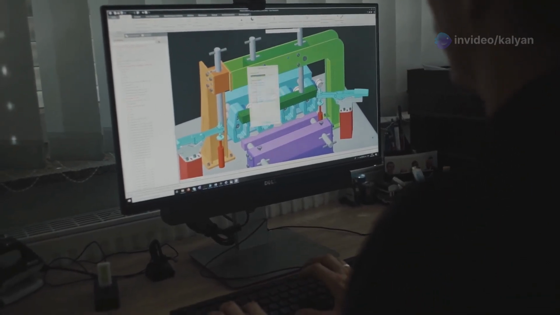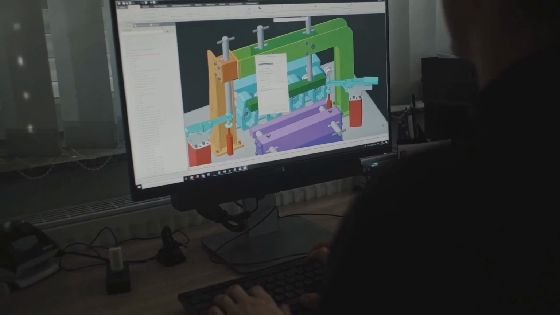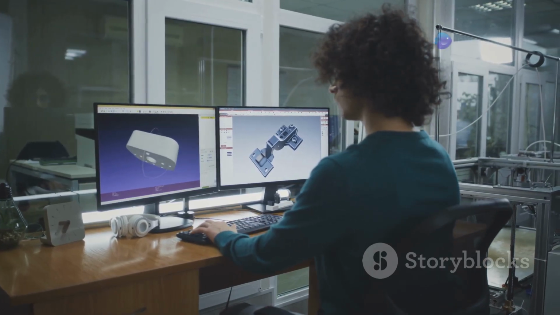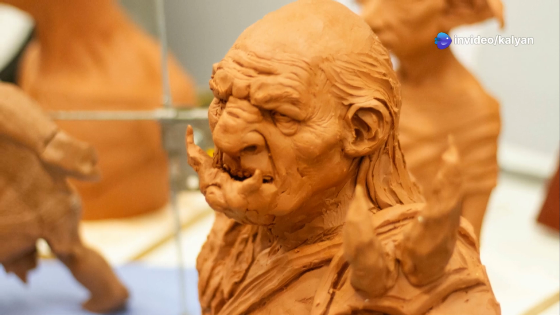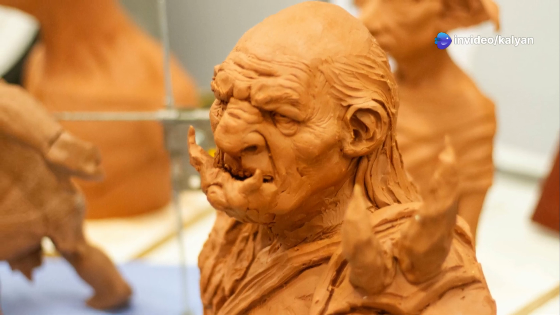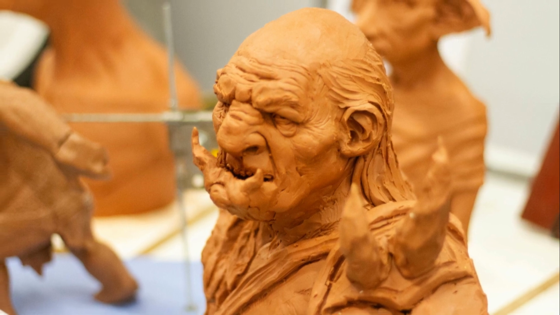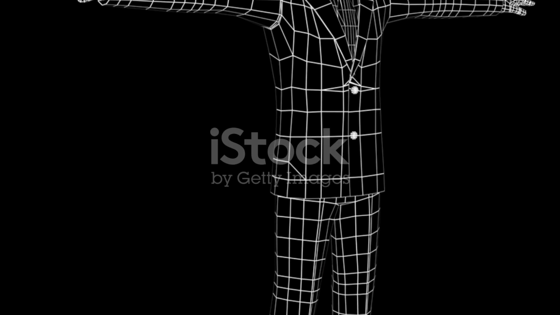Section 7. Building the world. An introduction to 3D modeling. 3D modeling forms the foundation of any 3D animation. It's the process of creating three-dimensional objects within a digital environment, giving shape, form, and structure to characters, props, and environments. Polygon modeling is a widely used technique that represents objects as a collection of vertices, edges, and faces, forming